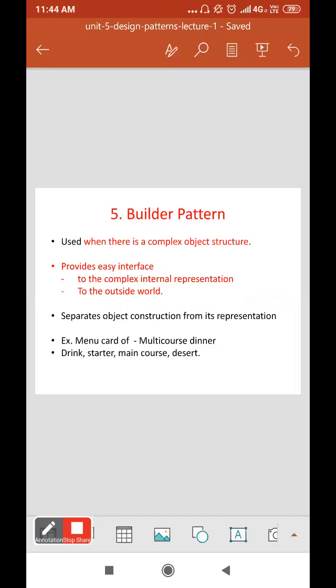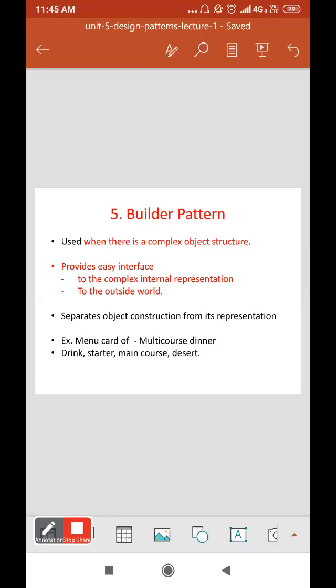Builder pattern is used when there is a complex object structure. When we have a complex object structure, to make it easier, we use this particular pattern.